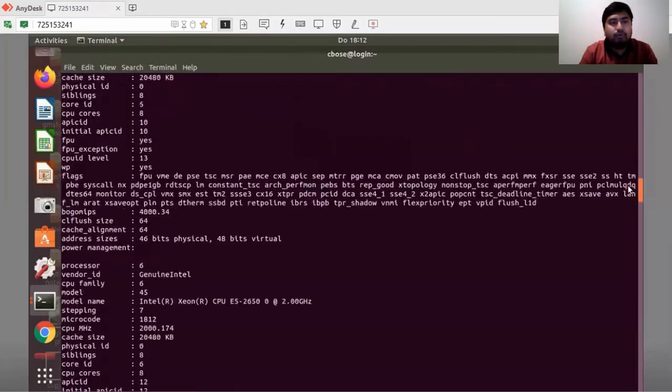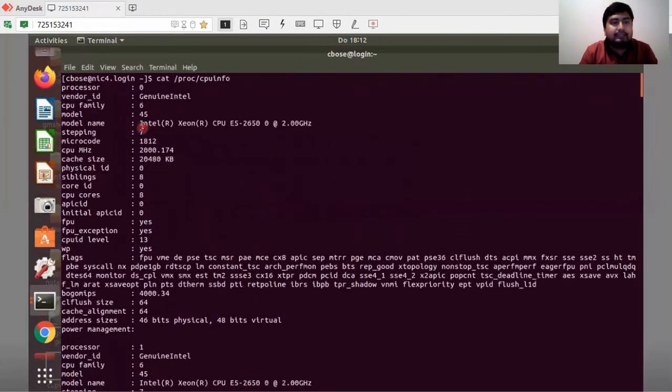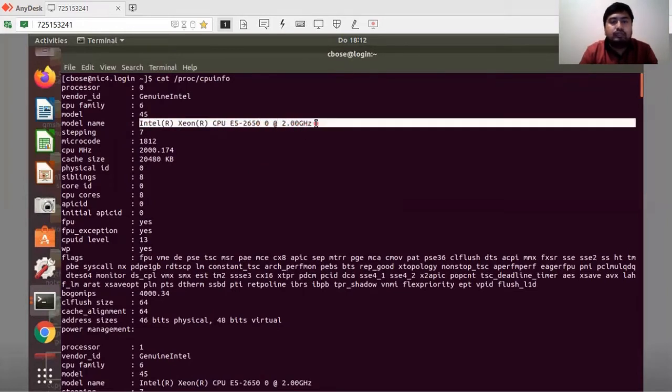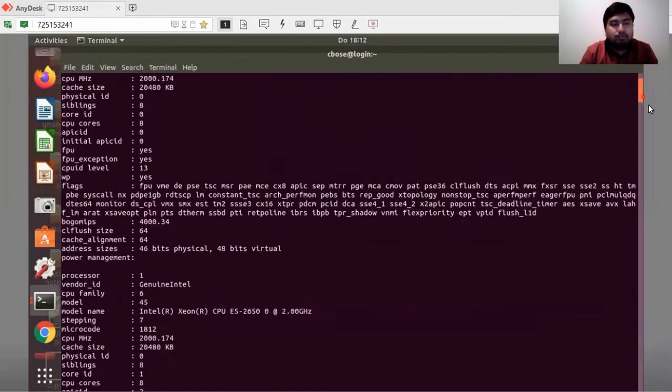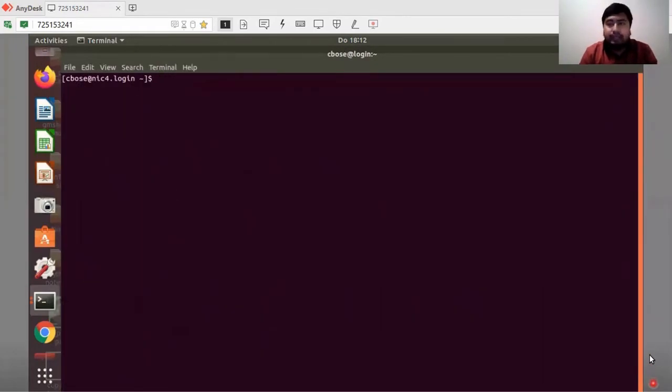So if we go to the top, I can see that the computing node is an Intel Xeon CPU E5-2650 @ 2 GHz processor. And we can get all the detailed information of the hardware of different compute nodes by this. The other way to know the basic configuration of the cluster is by doing sinfo,